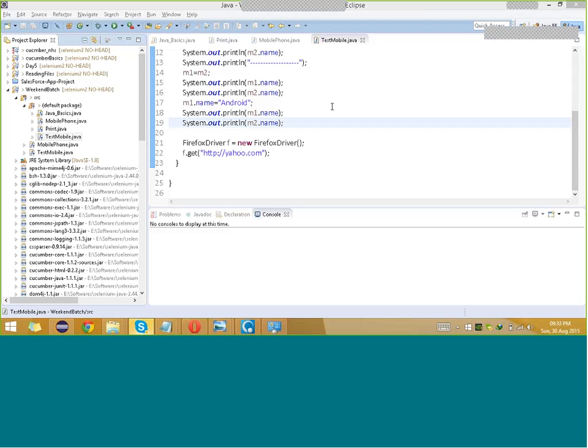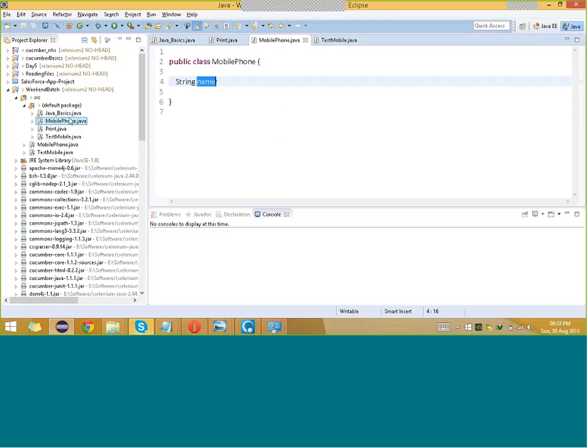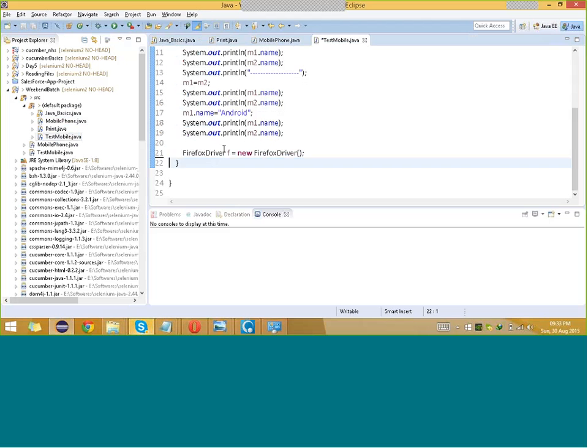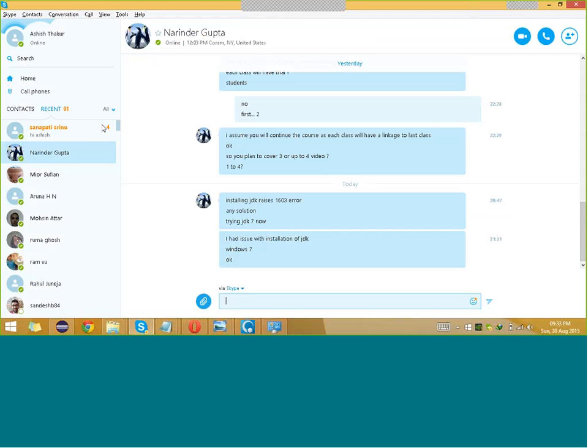Right. So in yesterday's class, I taught Java basics. What is an object? I explained everything to you. Fine. And then in one of the files, test mobile, I also showed you that you can create the object of the Firefox driver class. What this was doing was launching Firefox. Right. Now, if you go to the official documentation of Selenium,